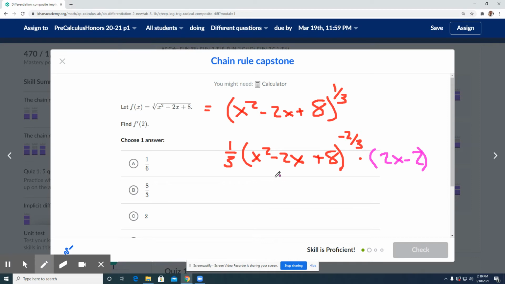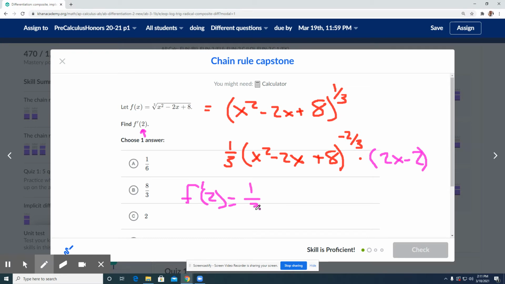All right, and there's not really much simplifying we can do, we're plugging in the number 2 here. And we wouldn't want to have a negative exponent anyway. So I think at this stage, I would rather just plug the 2 in here, and then I can take care of any of the negative exponents and stuff like that to simplify. So let's go ahead and do that. So this would be f prime of 2 now,